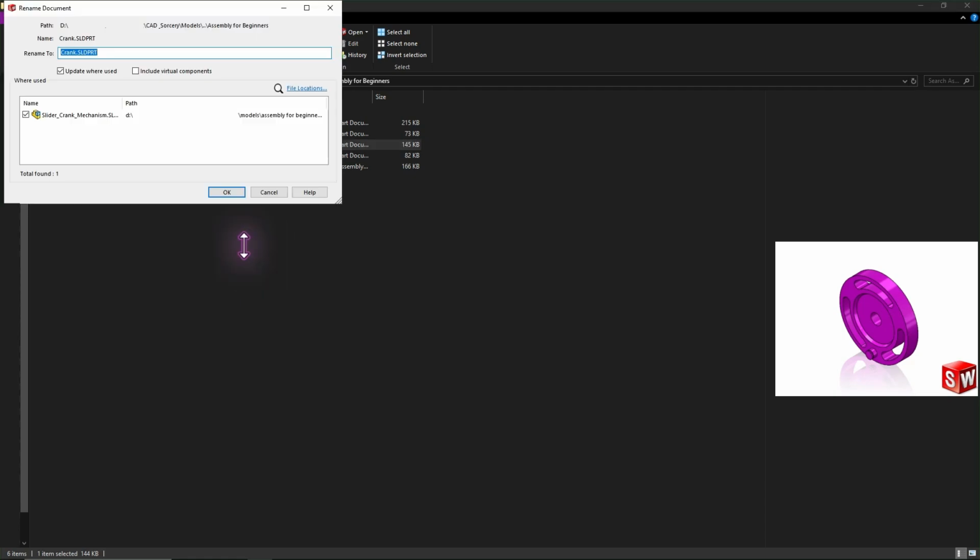Once selected, you can give the existing component any name you wish. With the Update Where Used checkbox activated, you'll see a list of all the files that reference this document. When I click OK, not only does the part name change, but all files containing this part are also updated